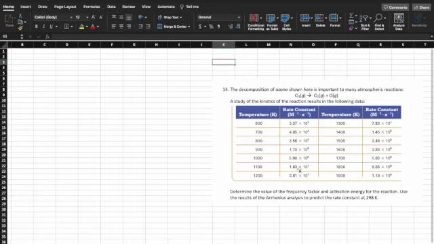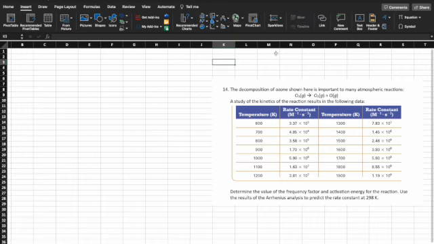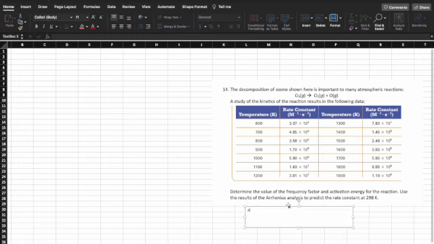So what we are looking at is an Arrhenius equation for this problem, because the Arrhenius equation draws a relationship between the rate constant and the temperature. The form of the Arrhenius equation we're going to use, I'm going to write it out here. I'm going to put a little text box out here. Let me increase the font size. The form of the Arrhenius equation we'll use is